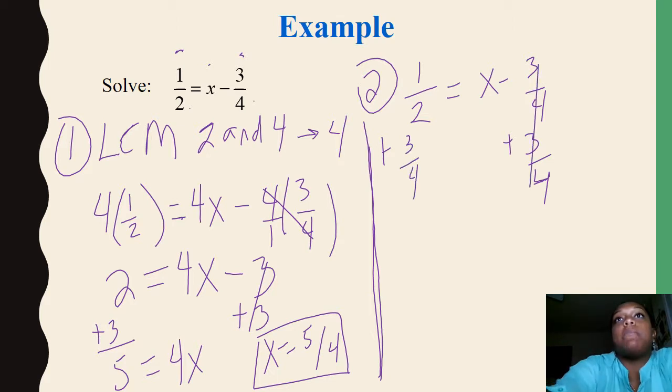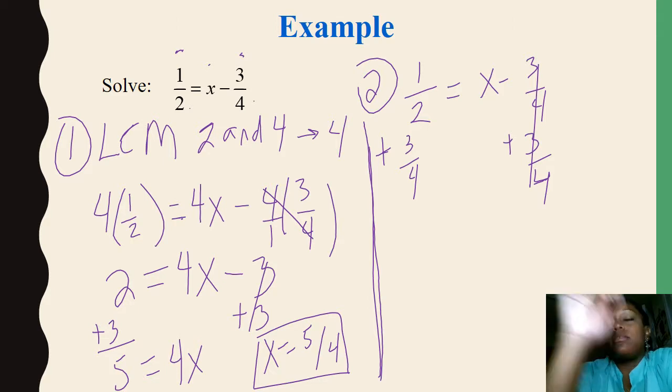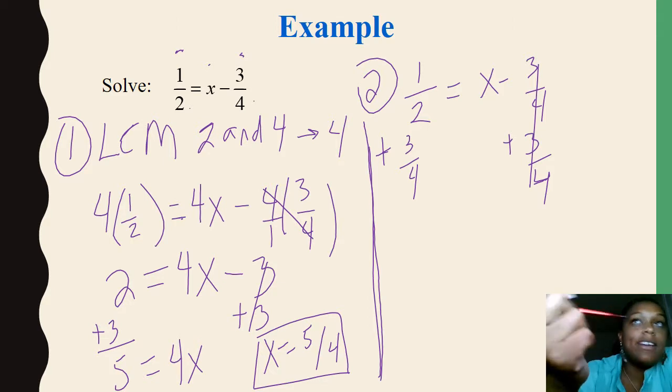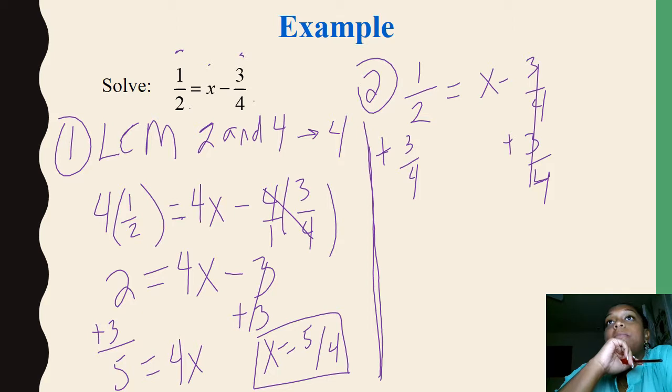Okay, so there's a couple ways to think about this. You can think about it in terms of quarters because it's 4 and 2. So if I have half, that means I have 50 cents, right? So if I have 50 cents and then I get 75 more cents, how much more money do I have? So I would have $1.25 now, right? So this gives me 1.25